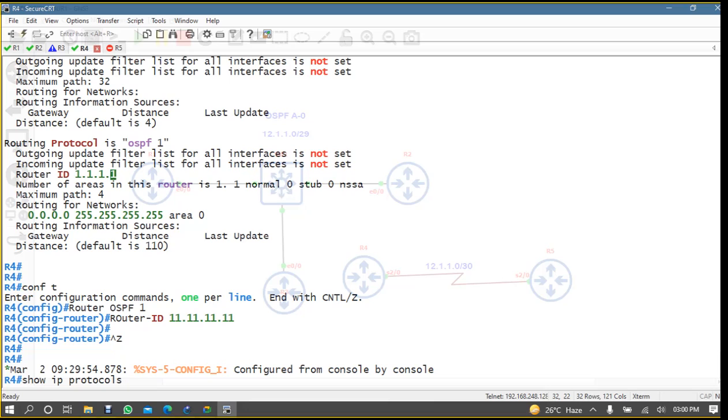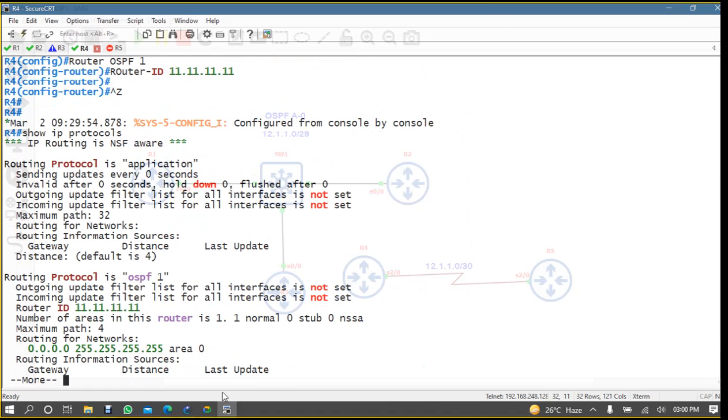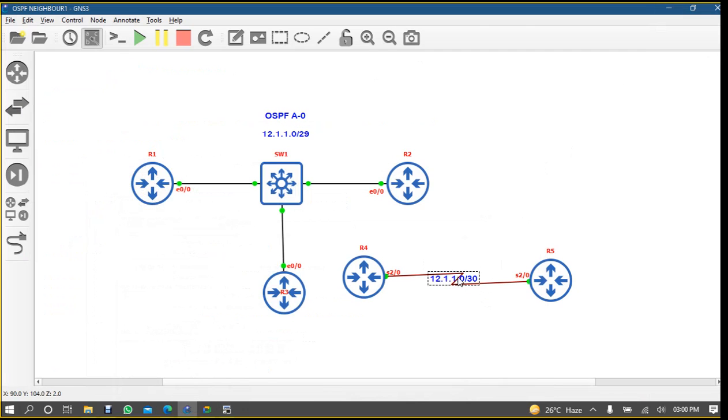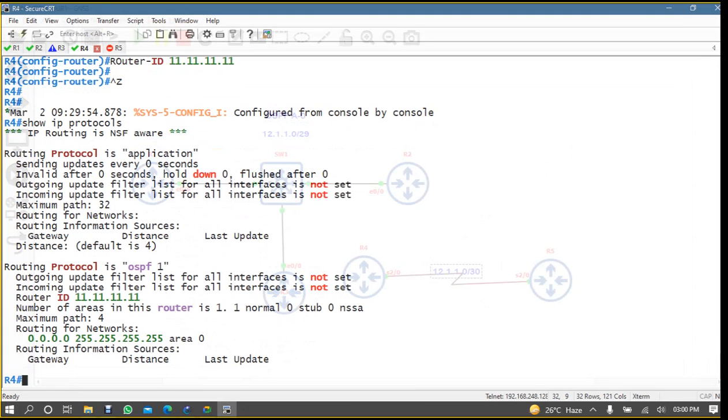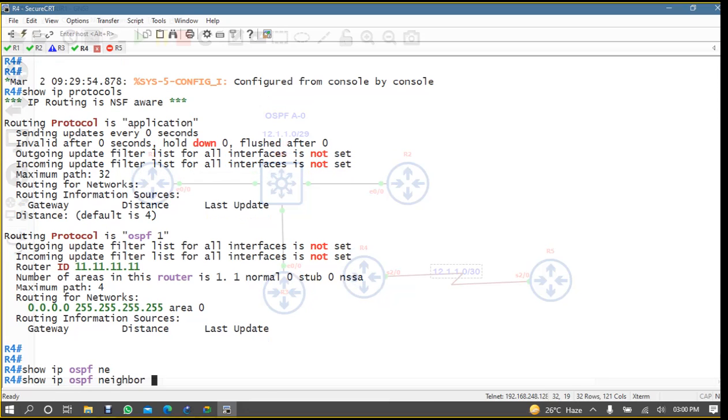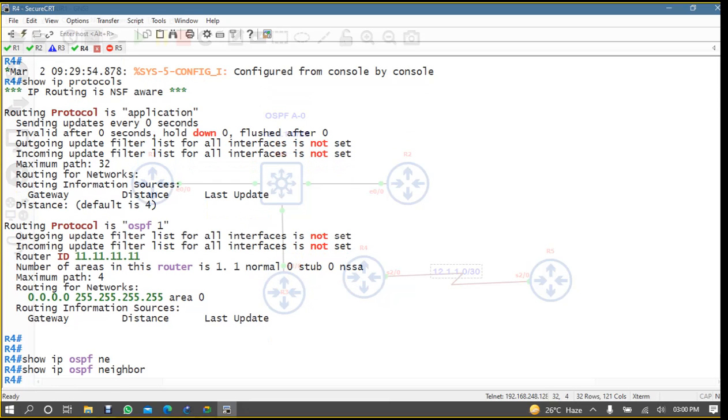Yes, we need to update it. No, see, you can see here it is updated automatically. Why? Because see here, do you think that the database has been updated between the neighbors? So show ip ospf neighbor, no neighbor. So once I told you, remember, once the database has been